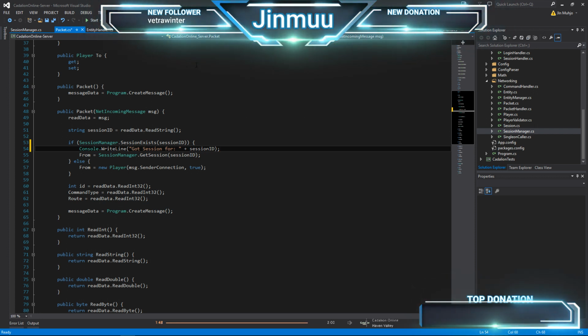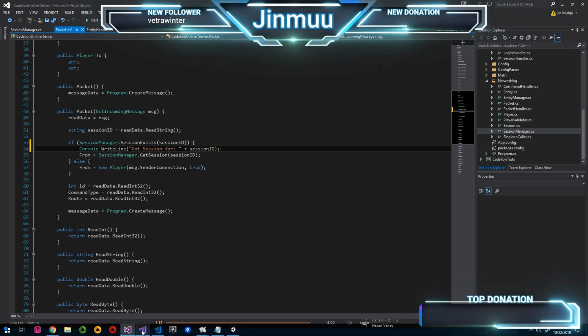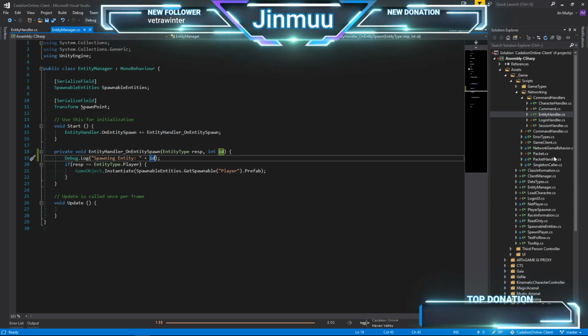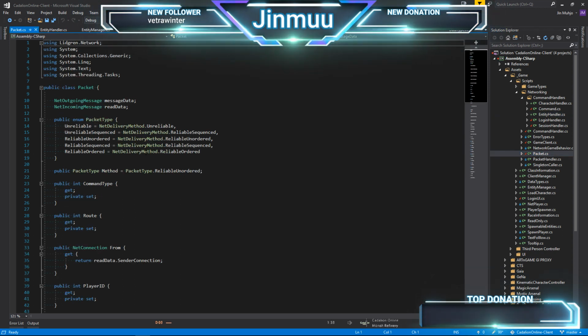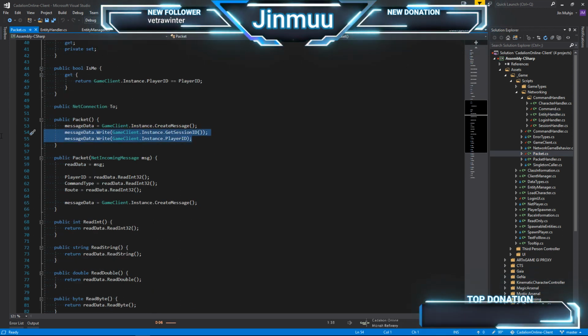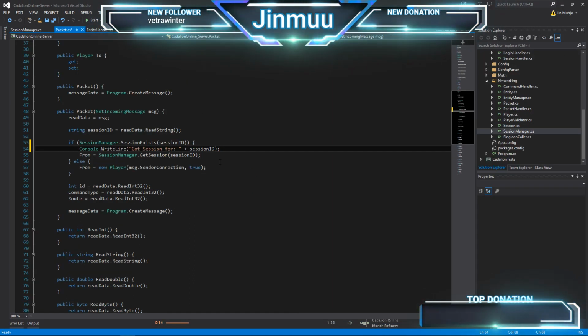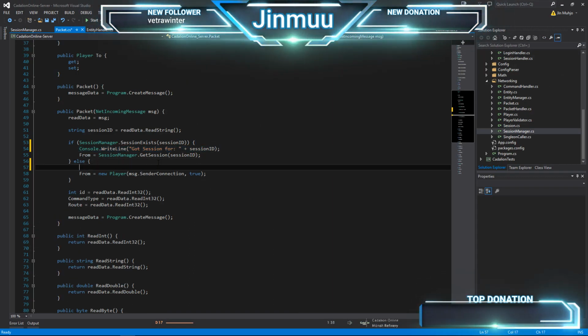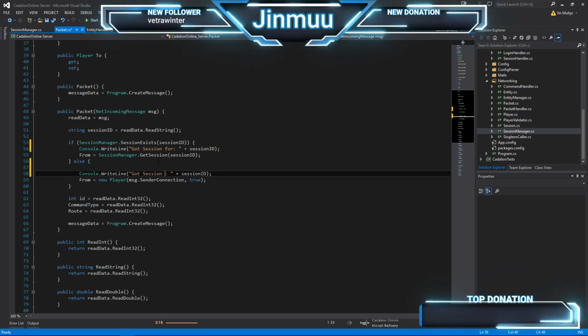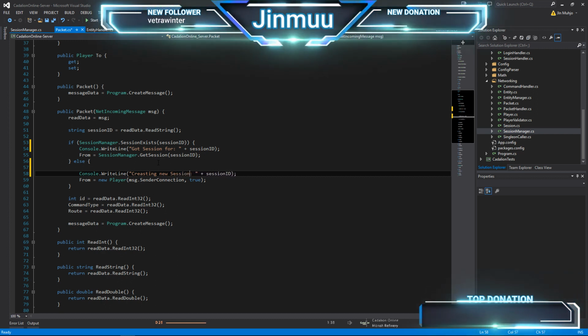You know what my guess is here? Because I sent the session ID first. So let's double check. I think it would say invalid session if that's not right, but let's double check it just to be sure. So we are sending our player ID second, which is correct. So, creating new session for